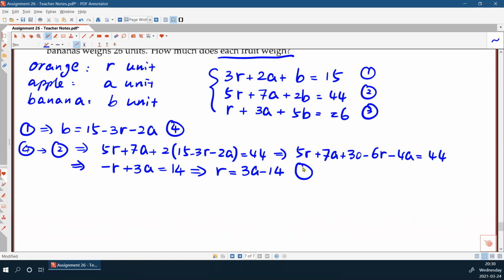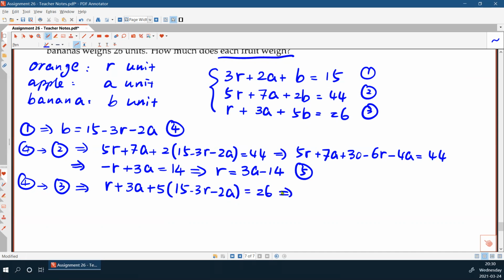So let's call this number 5. And then if we put number 4 into number 3, we can get R plus 3A plus 5 times (15 minus 3R minus 2A), right? Okay, this equals 26. So further simplified to minus 14R minus 7A equals minus